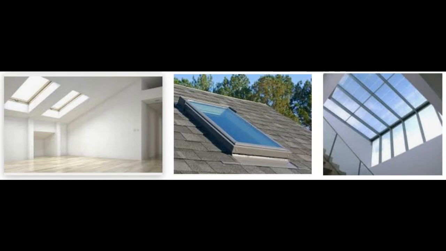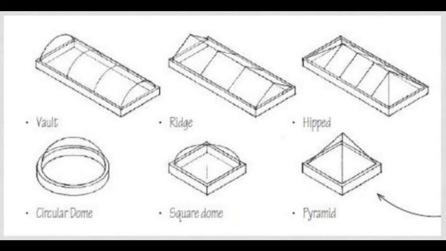So let us see in what forms the skylights are available. They can be rectangular, circular, oval, pyramidal shape or diamonds, they can be triangles, multi-sided or tubular as well. The skylight minimizes the heat gain during the day and heat loss during the night, but it does not offer a view or ventilation.